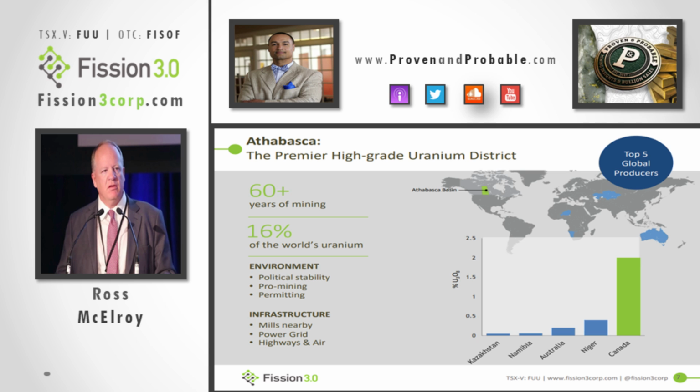There's actually a number of uranium deposits around the world, on every continent on the planet and in many countries. But if we just look at it on a global basis, the average grade of a uranium deposit worldwide is around 0.1 to 0.15% U3O8. Now, if you compare that to the deposits in Canada, they're orders of magnitude higher grade. In fact, we're at 10 to 20 times that of the global grade.